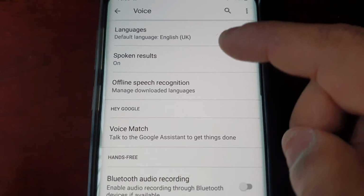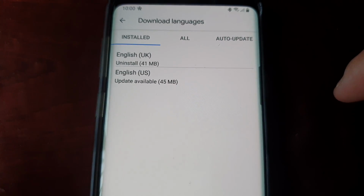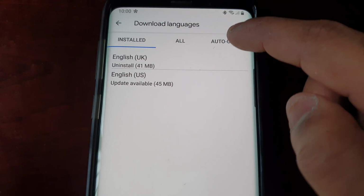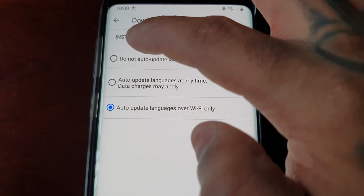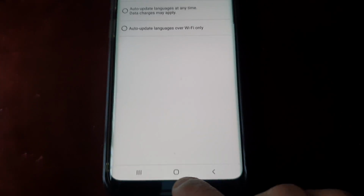Voice. Offline speech recognition. Auto update. Select Do Not Auto Update Languages. And then